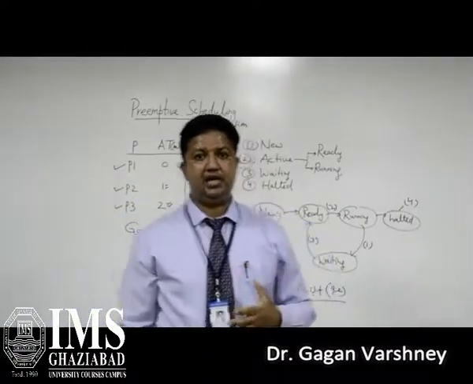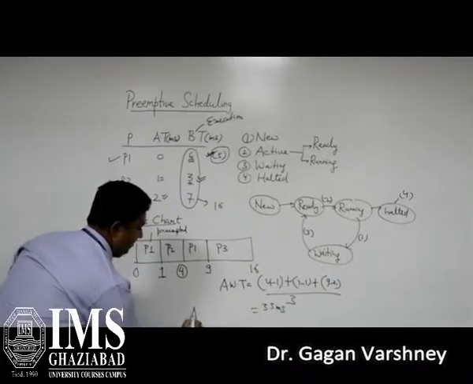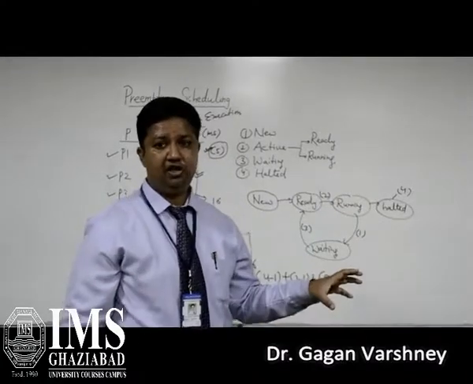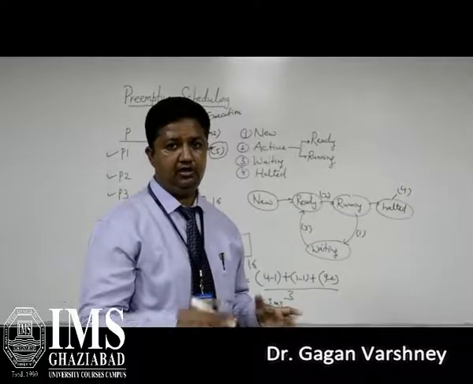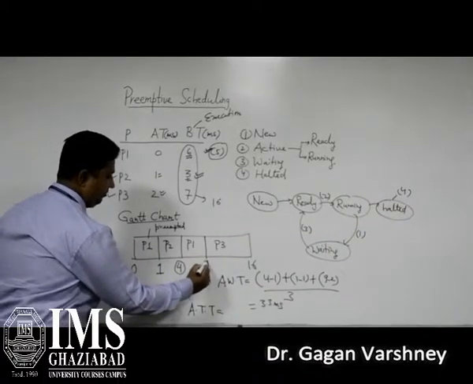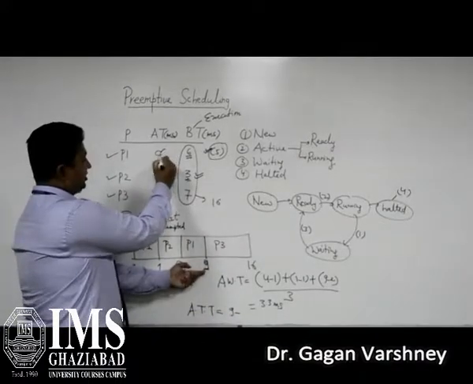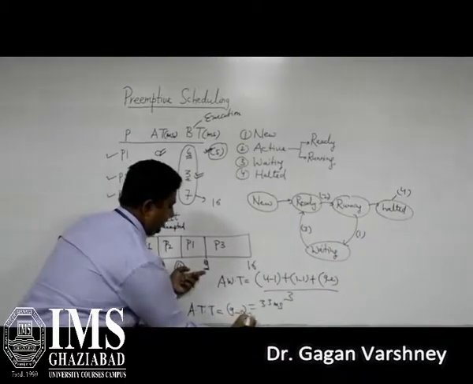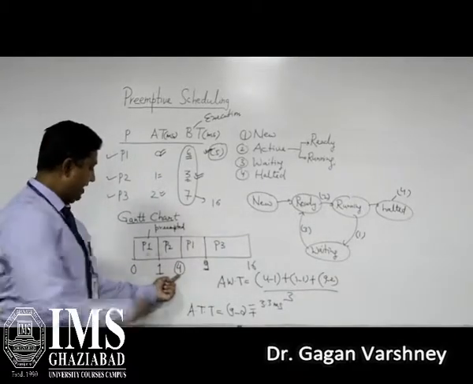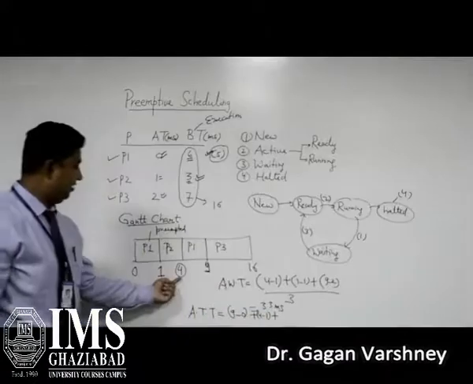Next is the average turnaround time. This is the last point. Turnaround time is the time from when the process is submitted to memory until it completes its job. Process P1 completed its job at 9 milliseconds, so it is 9 minus its arrival time 0, plus for process P2 the completion time is 4 milliseconds minus its arrival time, 4 minus 1, plus finally for process P3